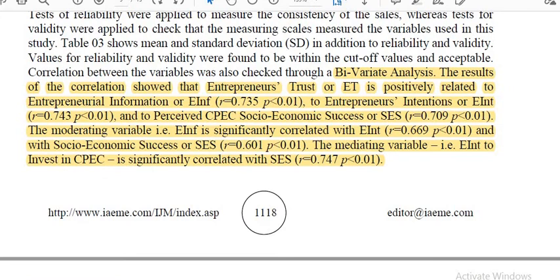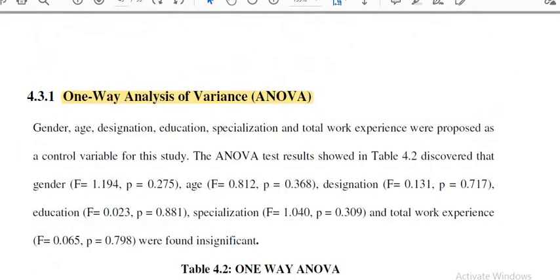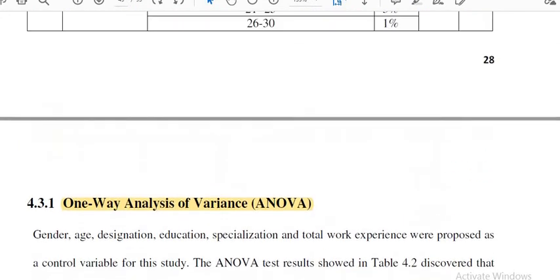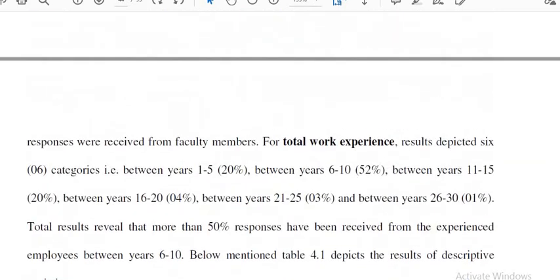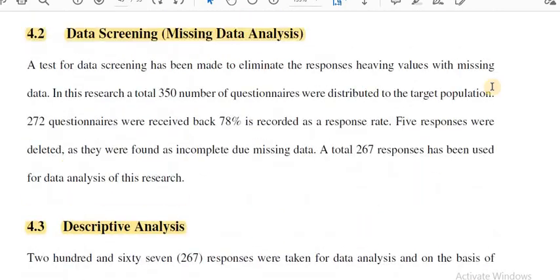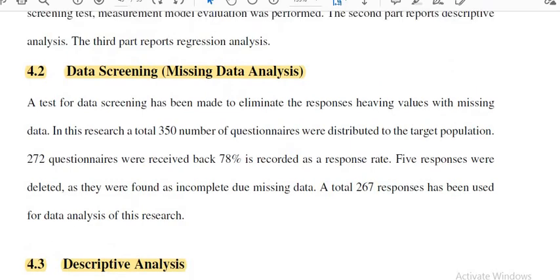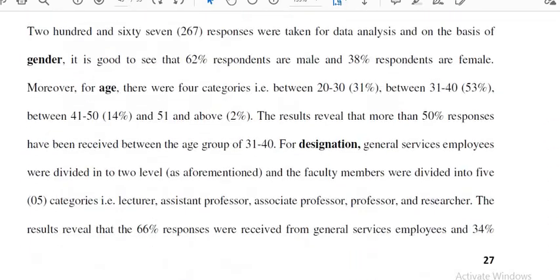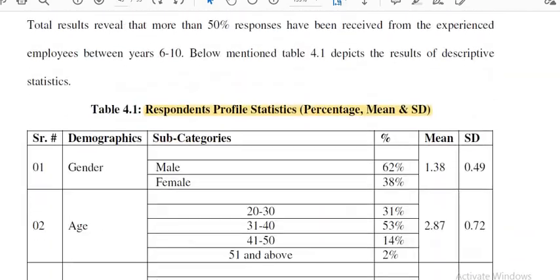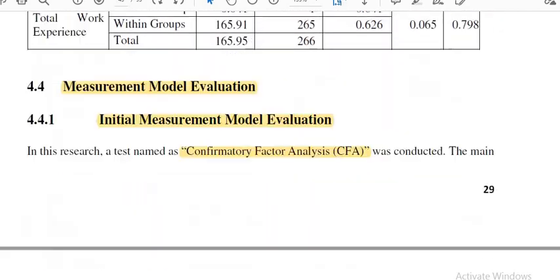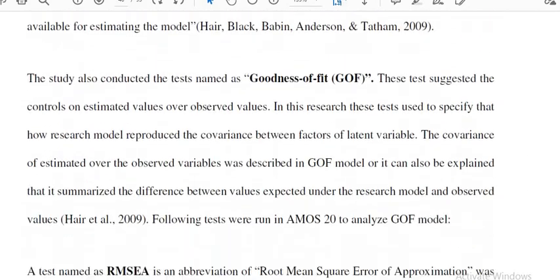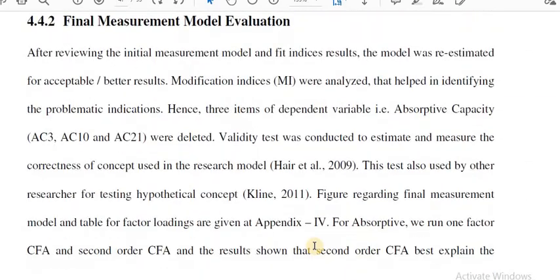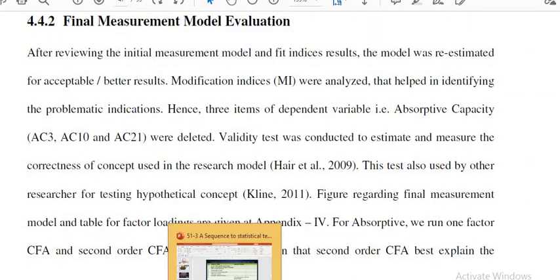And in the very next lecture, you will see my own personal MS thesis, in which I have highlighted some of the areas to show you what is the sequence and what is the criteria to show the results of AMOS and SPSS software for data analysis and statistical tests performed in an MS thesis and PhD thesis. So you are requested to please listen to the next two lectures as well.